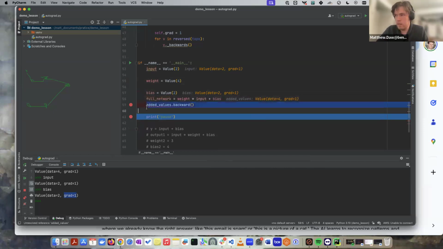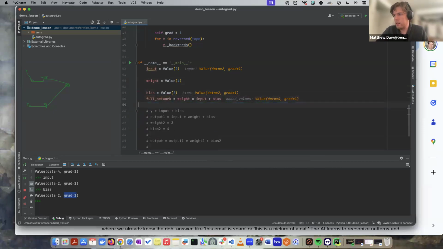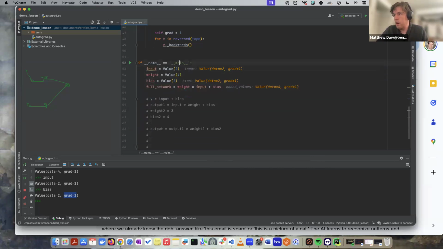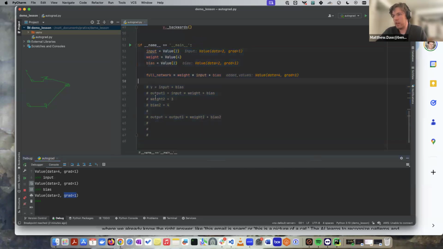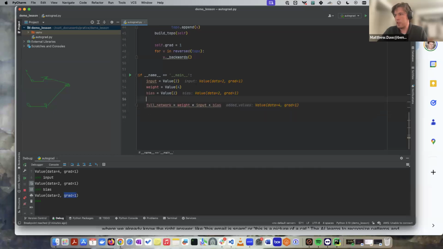Okay, cool. Now let's go ahead and try to train this. First of all, we have to declare an objective. We want our network to produce the value of, we'll say 2. Actually, let's do something different. The input will be 2. I want to transform the input of 2 to be 3. So what I have to do is